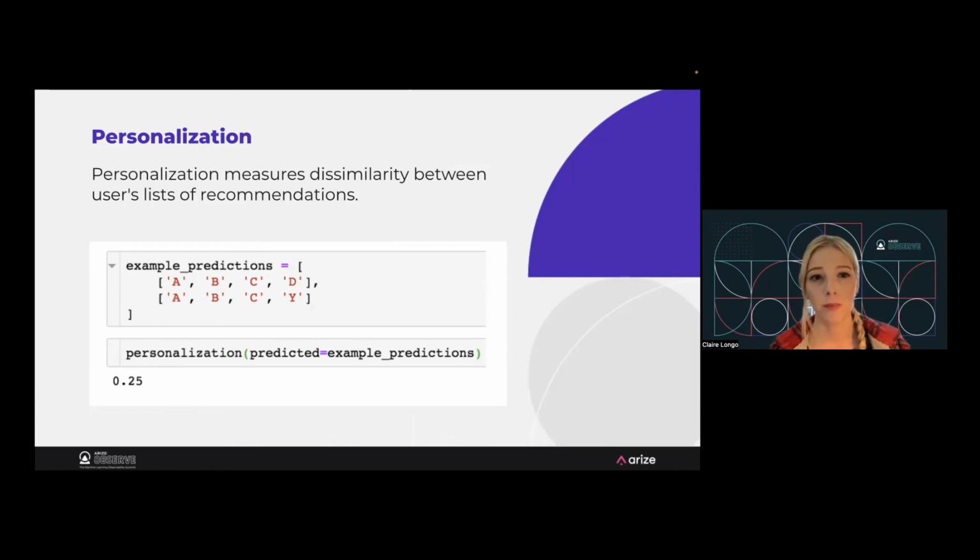You can also try to calculate this across every user pair, but it's going to become pretty computationally intensive. I think a better way to look at it might be placing your users into similar cohorts and then looking at the personalization between those 2 cohorts. If you have 2 very different groups of users with different patterns, the recommendations they're getting should be dissimilar, and that's a good metric to keep an eye on.